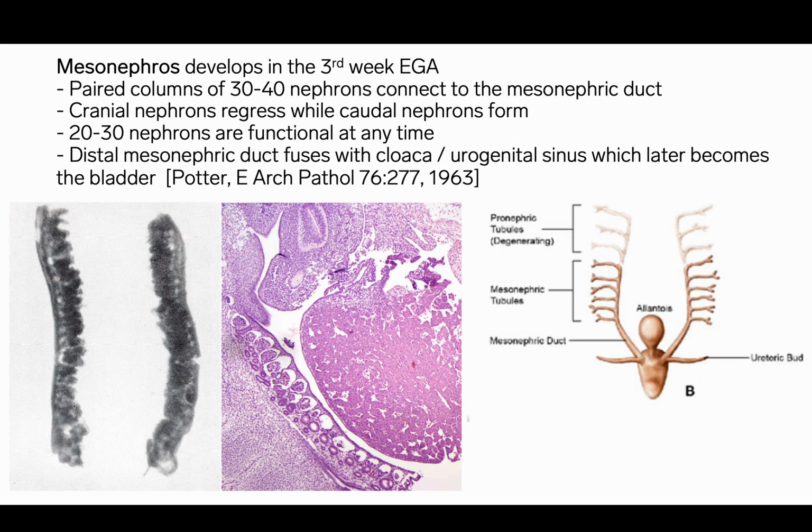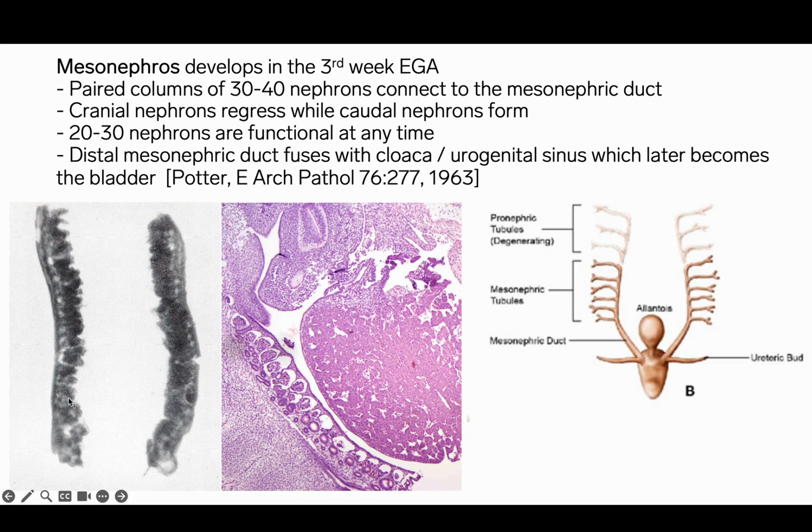The mesonephros develops several days following the pronephros in the 3rd week of gestational age, and it consists of columns of 30 to 40 nephrons connected to the mesonephric duct. And we can see a microdissection study from Potter, published in 1963, here on the left, where on the lateral aspect we have the mesonephric duct visible, and then we have rows of glomeruli visible extending down along the mesonephric